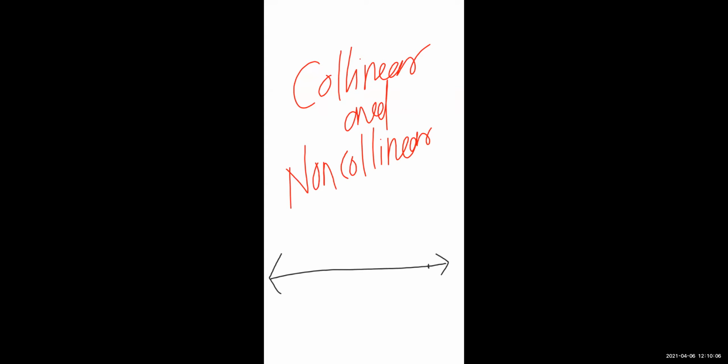Yes, very good. This is the second point, and this is the 3rd point. So how many segments do we have? One segment, two segments, and the bigger one, it is the 3rd segment. 3 segments are formed because of the 3 points.